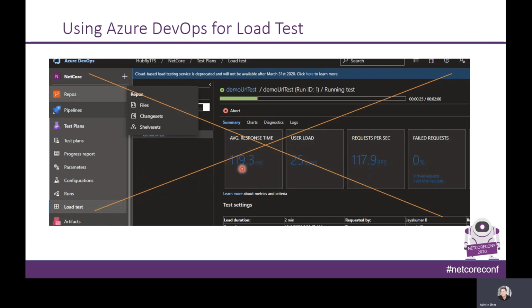I have already created a .NET Core application, which I have hosted using Azure App Service. It's just a sample application. I don't have any real business logic within this application. I just created it and hosted it using Azure App Service. I hope you are able to see the screen again. This is just a web application, so let me run it so that you can also see it. It's just a web application which looks something like this.